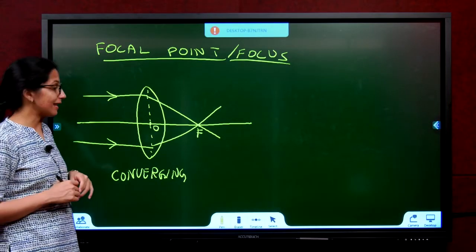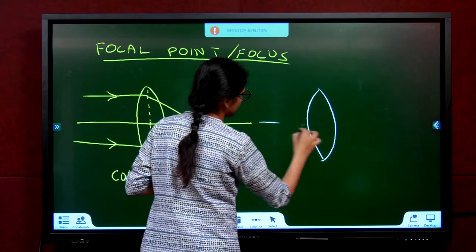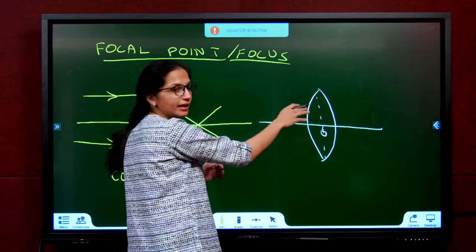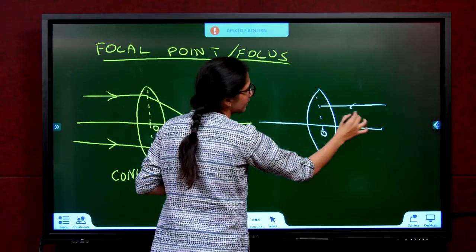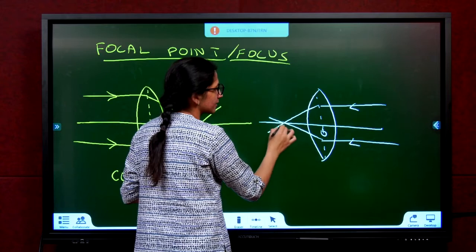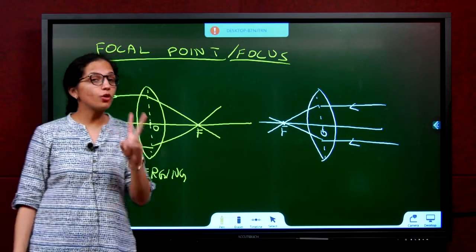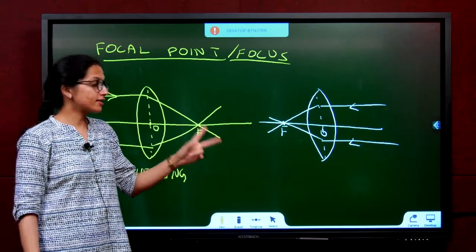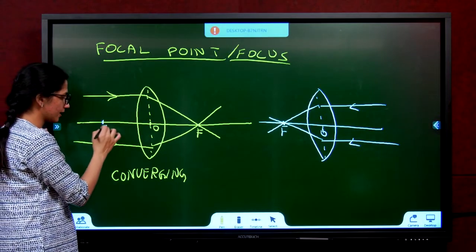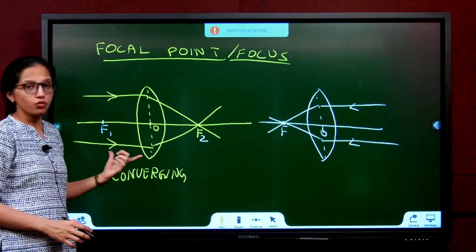Another point to note in lenses is, the same lens, it's glass, correct? So, rays can enter from this side or this side. Let us take parallel rays entering from this side. If parallel rays are entering from this side, now they will meet here on the principal axis. So there is one more focus, which is why lenses have two focal points. Mirrors have only one, lenses have two, because it can show refraction from this side as well as this side. So there is one more focus point here. Let's call this F1 and let's call this F2. I hope it's clear why we have two focal points.